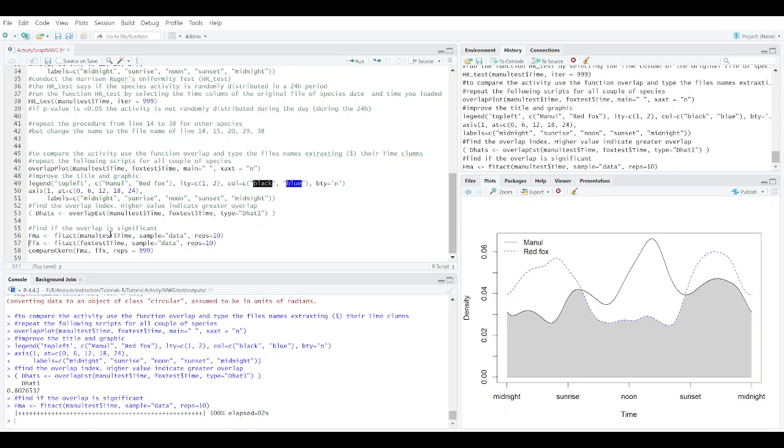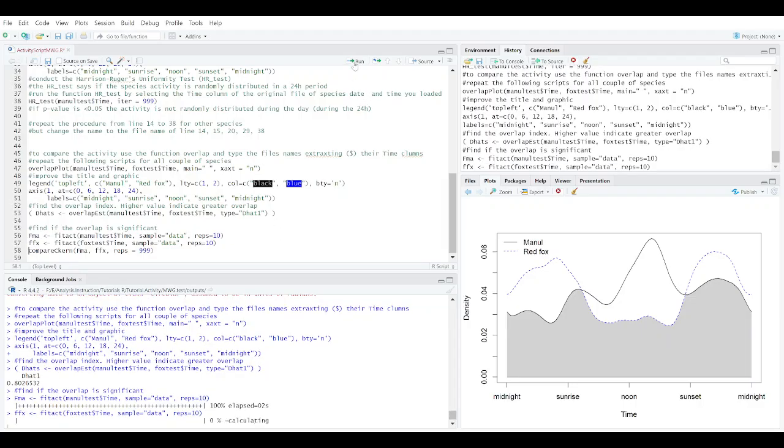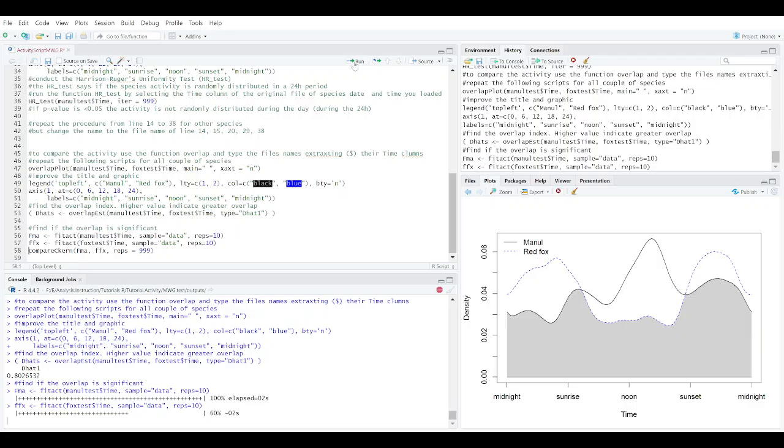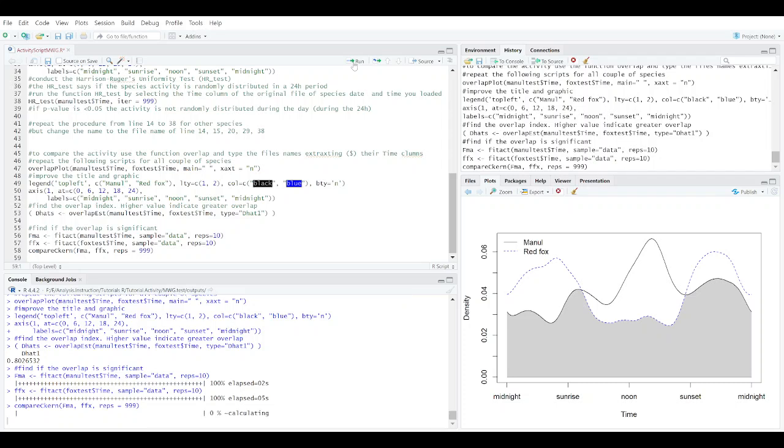Just run fm first, which is for Manu, and ffox, this one, which is for Fox, and then compare. This will give us the overlap index comparison, telling us if overlap is significant. So now we have to wait for this calculation. Hope faster than this. Wow, it looks very long. Okay, I can even stop